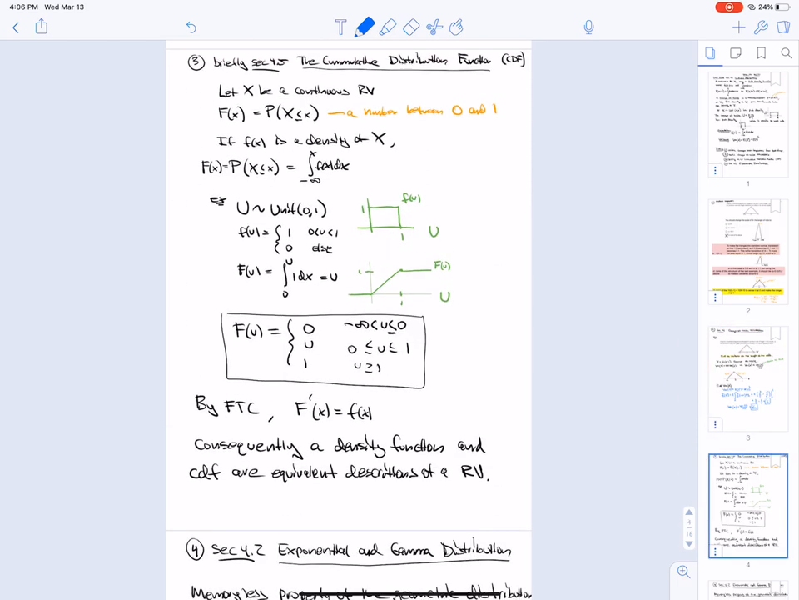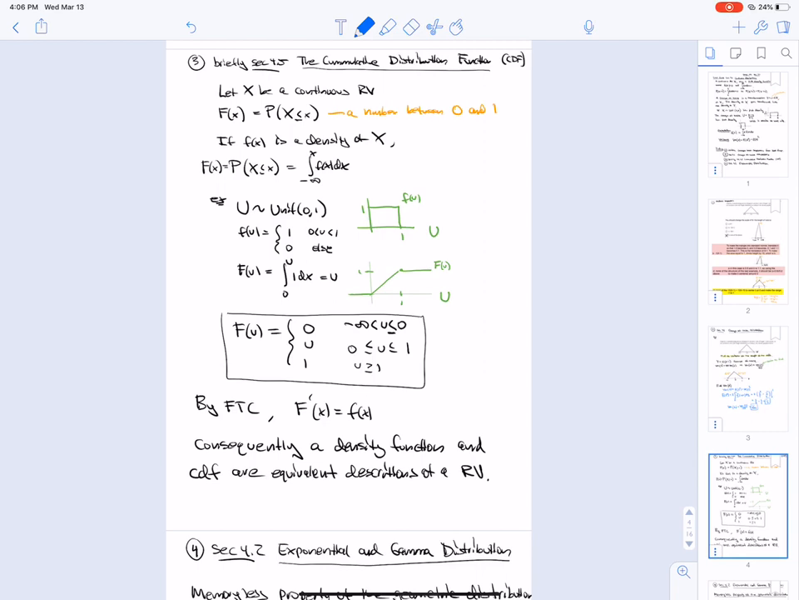So let's just quickly see what the CDF is. So the CDF is the probability that x is less than x. In other words, it's the integral from -infinity to x of f of x dx. So for example, if u is uniform 0, 1 with density 1 or 0, namely 1 between 0 and 1, then the CDF,